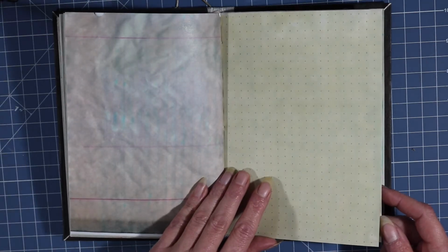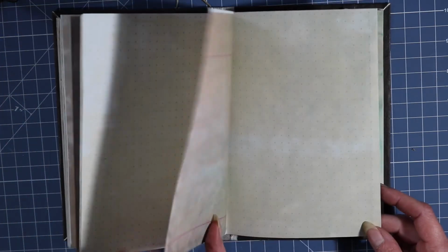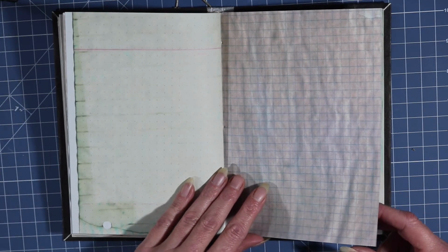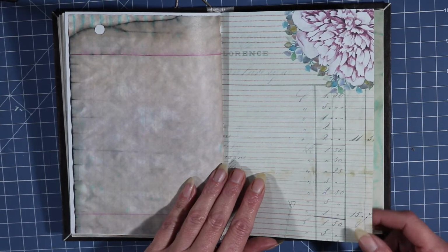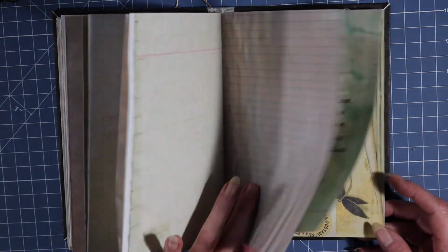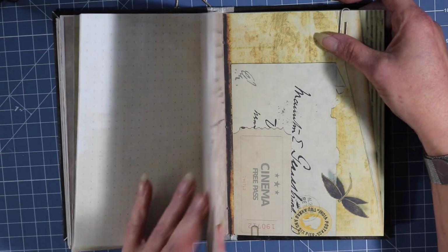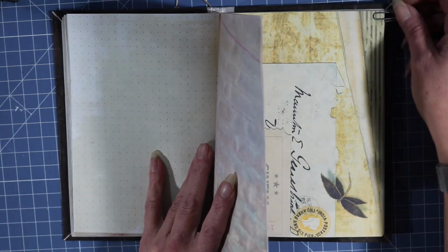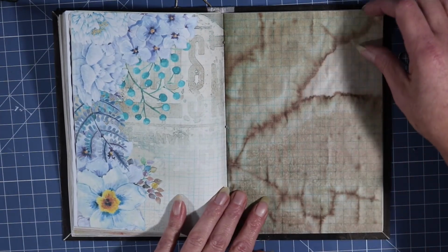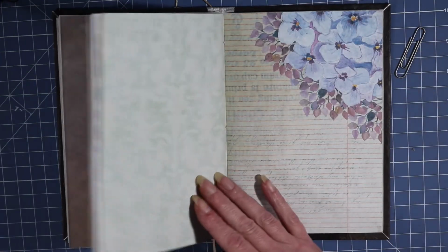I have both laser and inkjet prints on here, and I found they're pretty similar. The printer I have is just a relatively inexpensive laser jet from Costco, and I know that some laser jets leave more of a coating because the toner is actually baked onto the sheet, but I didn't find much of a difference. There's a little bit more of a sheen or whatever you want to call it on the paper, but it's still pretty easy to write on. I use a felt tip pen which works great. Here's some more of those purchased pages